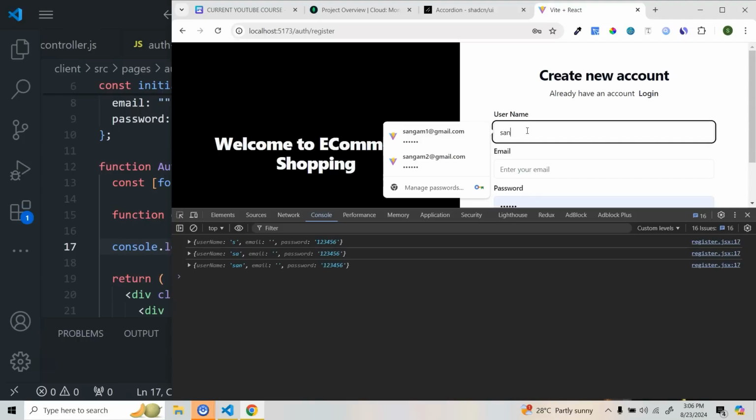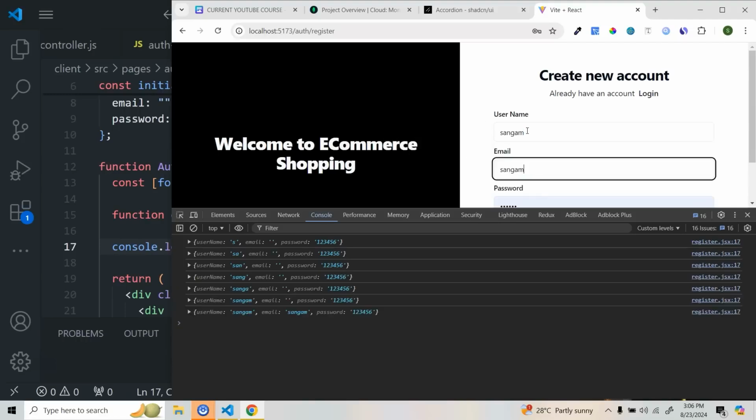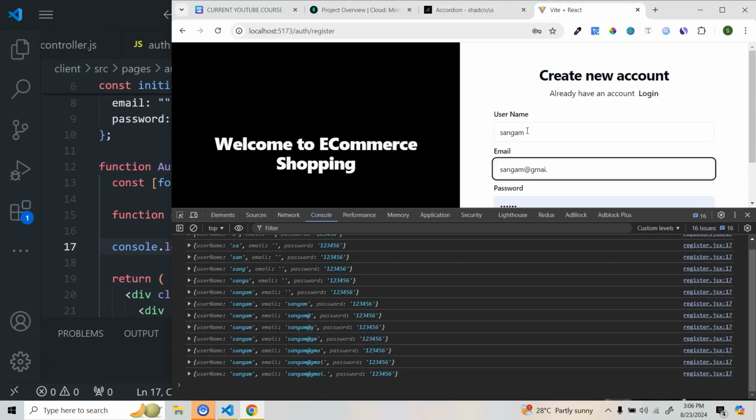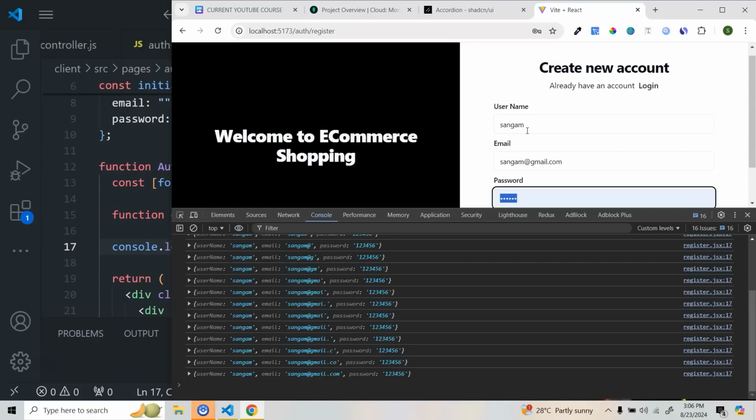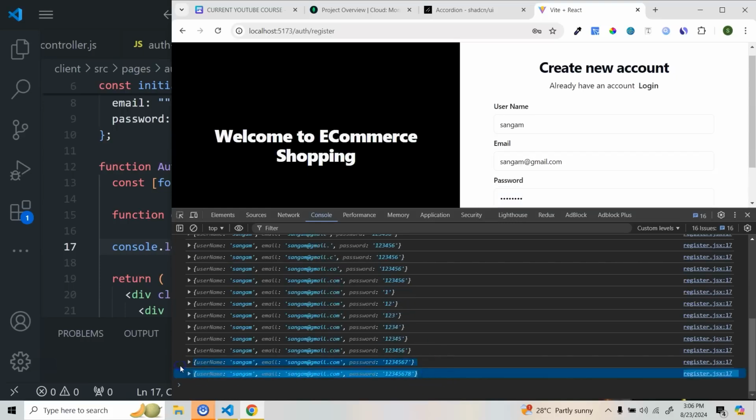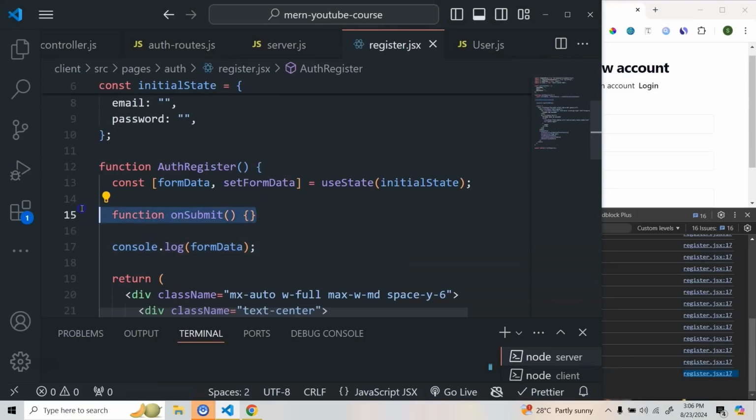So let's give a name here, let's give an email, 1 2 3 4 5 6 7 8, right? So we're getting this data here. So now what you need to do, whenever I click on the submit button, I need to call an async